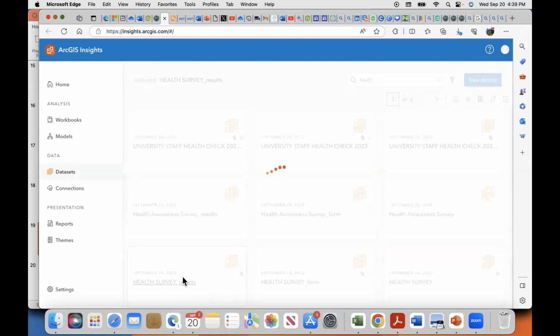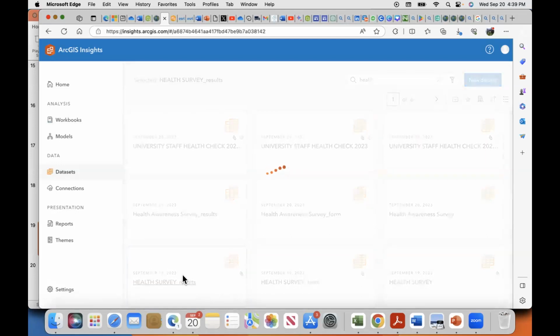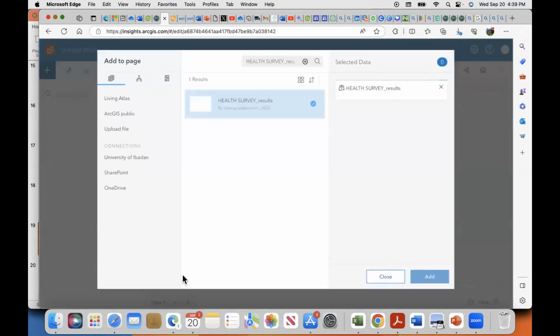So it's good. The whole essence of ArcGIS is that you are within one ecosystem. We have this license already, and this license costs a lot of money. A lot of money.